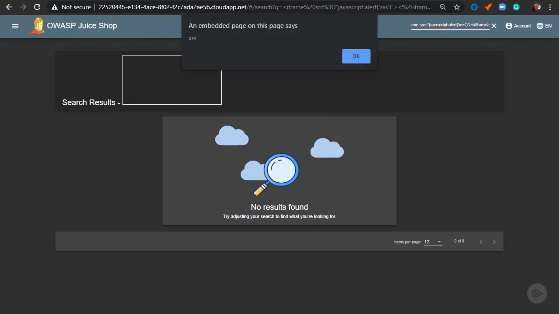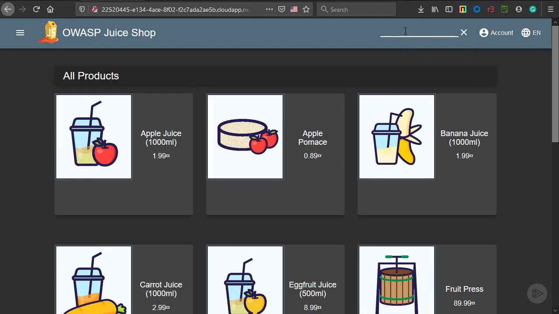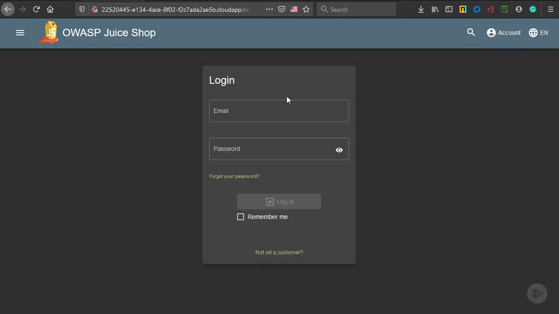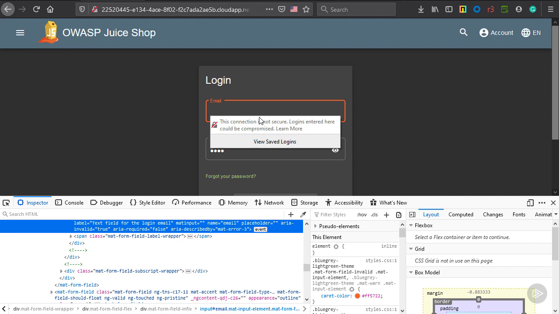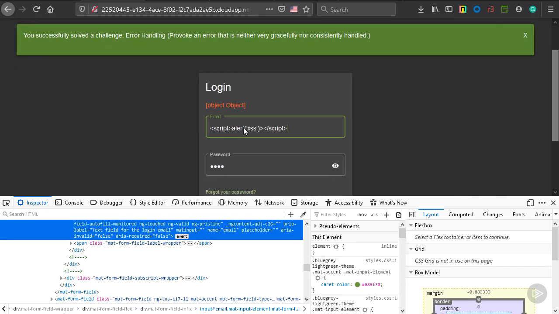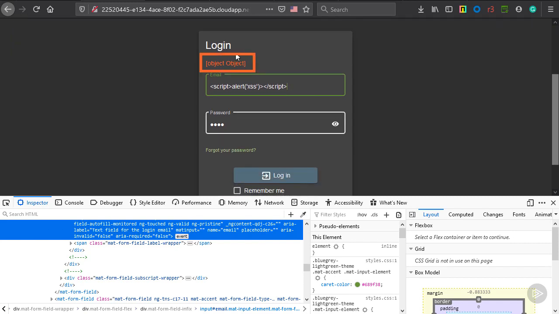Depending on the implementation of the authentication mechanisms, a field that accepts executable code in the login page may allow for authentication bypass. If you attempt to use the same script tag for cross-site scripting injection in the mail field on the Juice Shop login, you'll get an error that shows that it may actually be susceptible to this type of attack. Now, most modern frameworks and developer teams are not going to have these sorts of holes, but no one's perfect all the time. And your job as a security analyst is to make sure that you have a window into the data to detect anyone trying to take advantage of human nature.